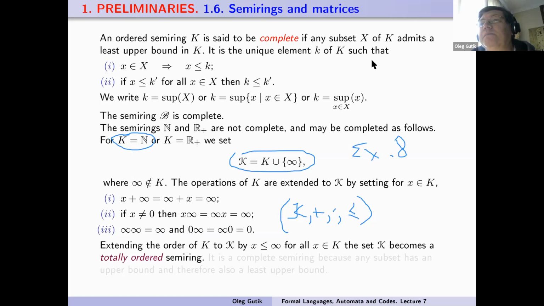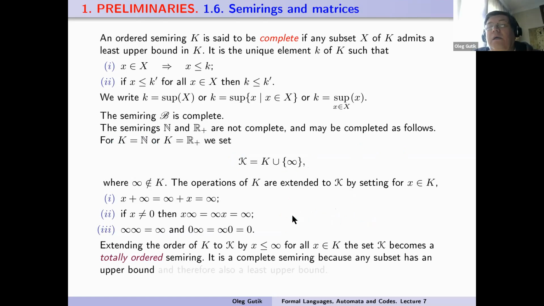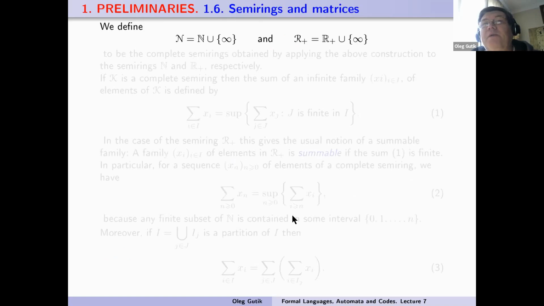Next. So why is this ring complete? This ring is complete because any subset has an upper bound, and therefore it has a least upper bound. We defined